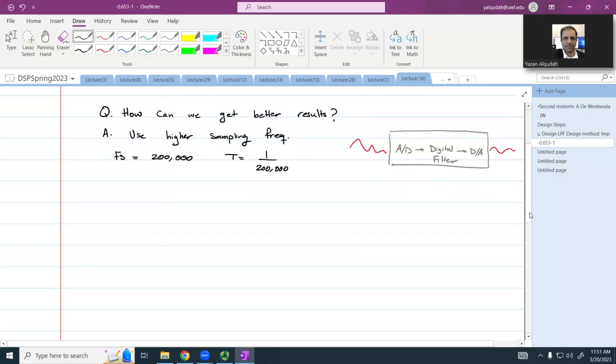And if I look at the solution that we've done, the only thing that's going to change is that h of z is now going to equal 2 pi multiplied by 8,000 multiplied by j 1 over square root of 2 multiplied by z divided by z minus e to j to 2 pi multiplied by 8,000 multiplied by 1 over square root of 2 minus j 1 over square root of 2 divided by 200,000